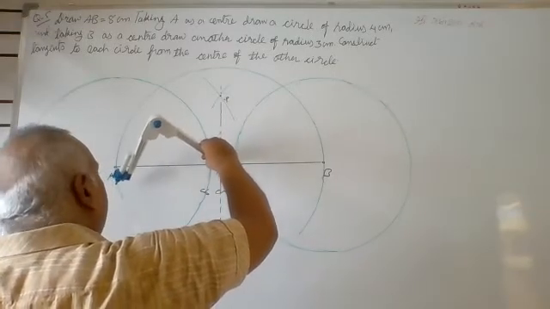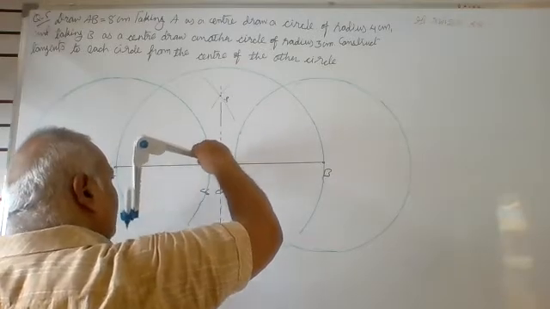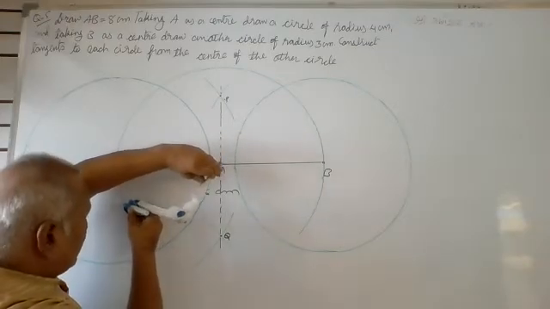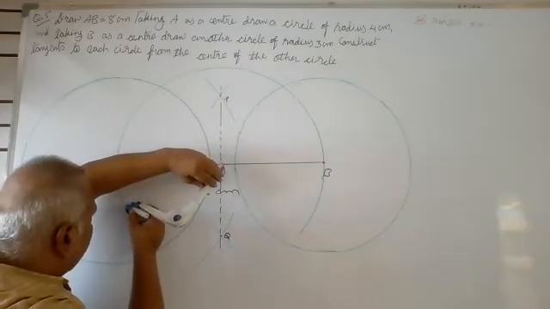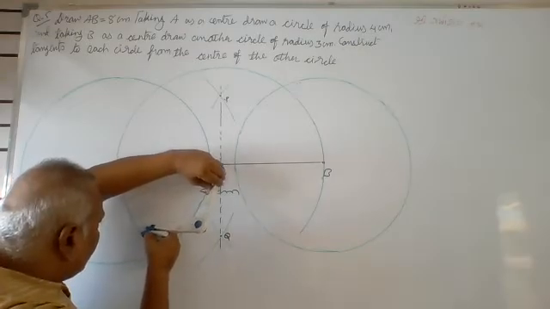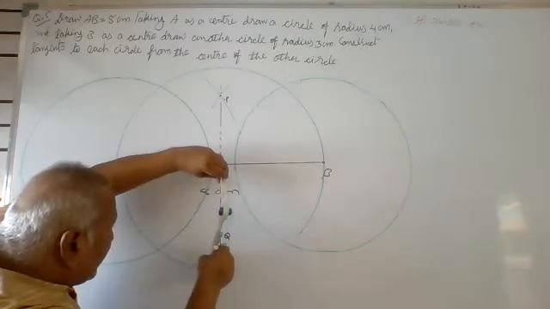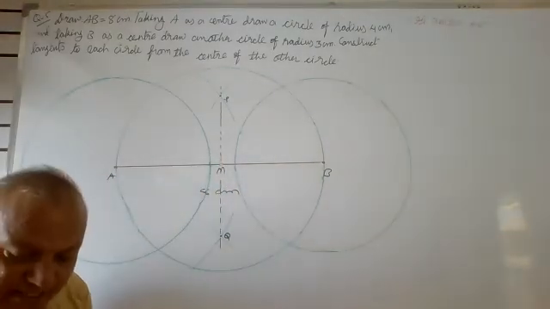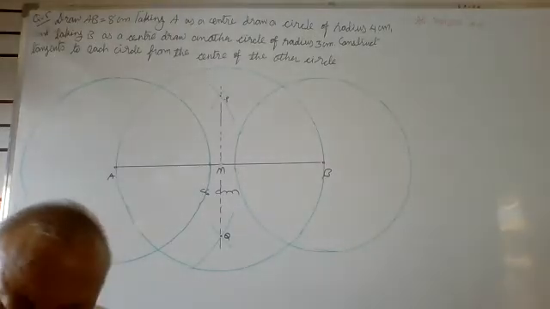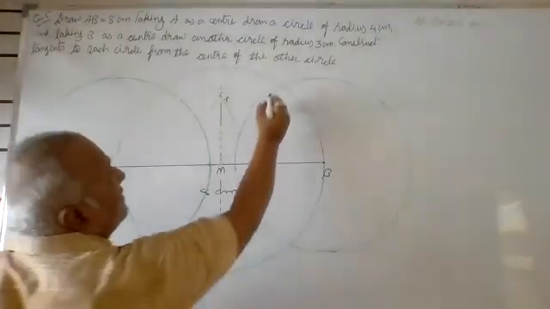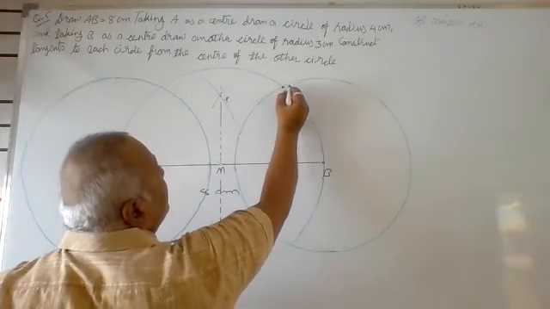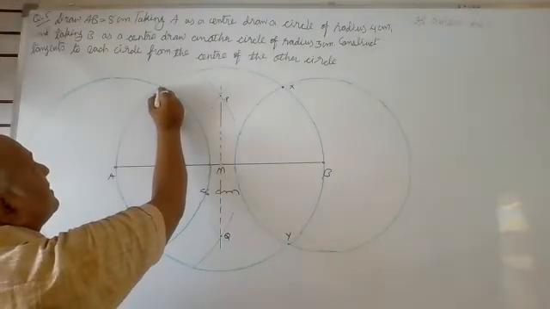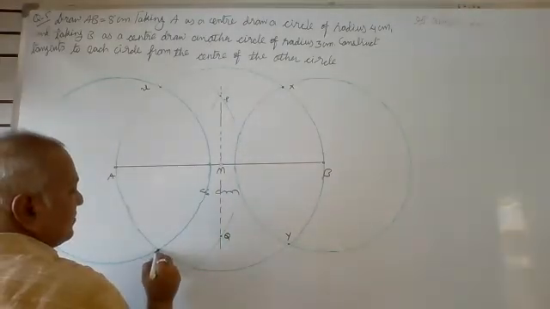Here from A it will intersect the given circle in two different points. I will draw the circle by taking this radius in a proper way, and this circle intersects the given circle in two distinct points. You can see this circle intersects. Here we can say it is X, it is Y, it is U, it is V.